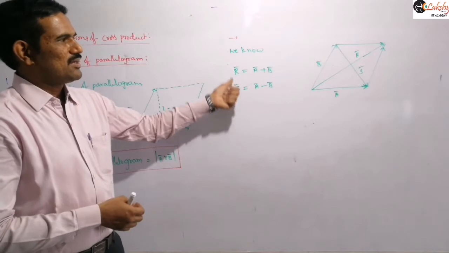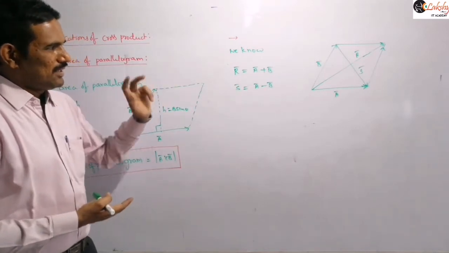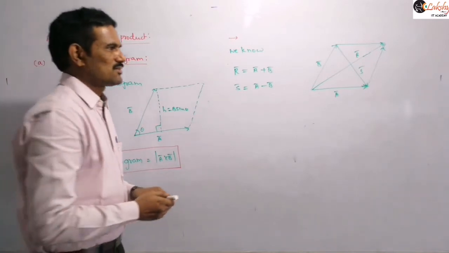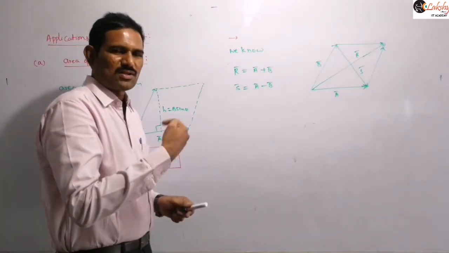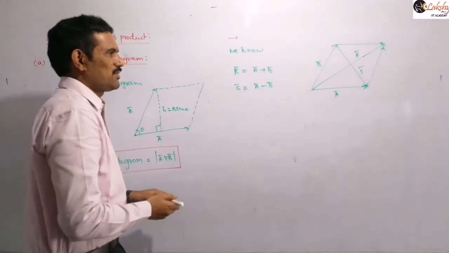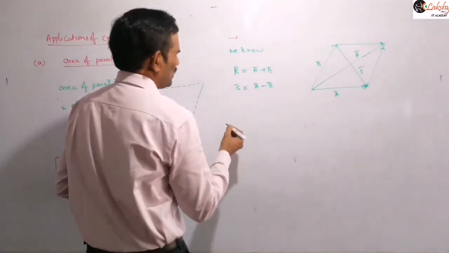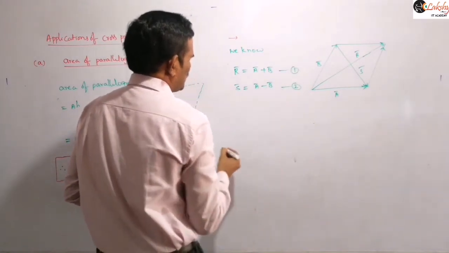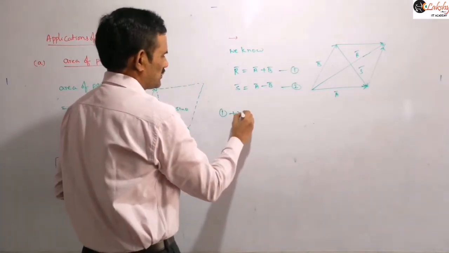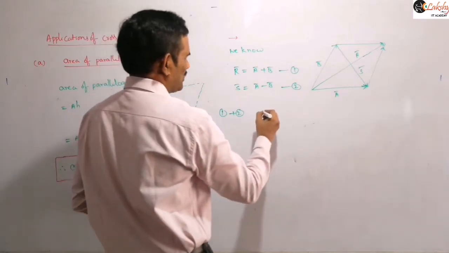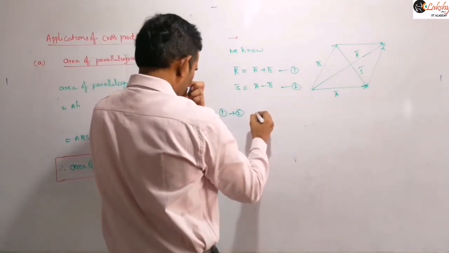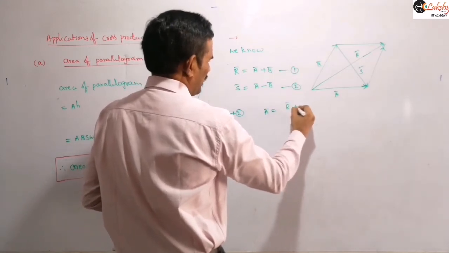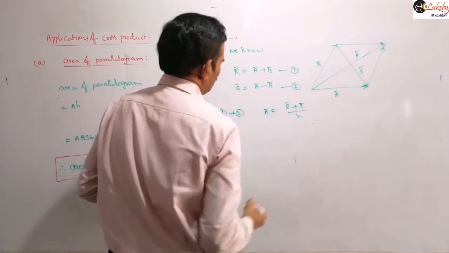And now we need to find this. Suppose from these A bar and B bar values we can calculate here, right? So that means only R and S are given for us, and we need to calculate the A bar and B bar values. Let us find these values here. I am finding the addition of those two vectors. So 1 plus 2, this B vector will be cancelled. So from this I can write A bar is equal to R bar plus S bar by 2.